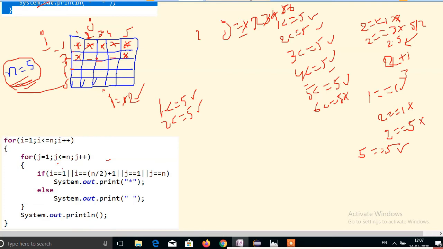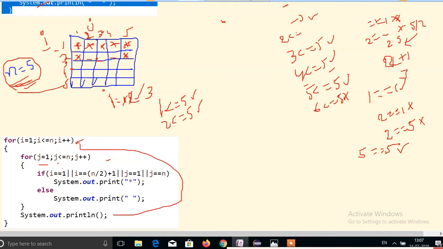Now it will become the middle part. So how can we print it here? Before that, the i value was 2. Now i is incremented, so i is 3. Again j starts with 1.